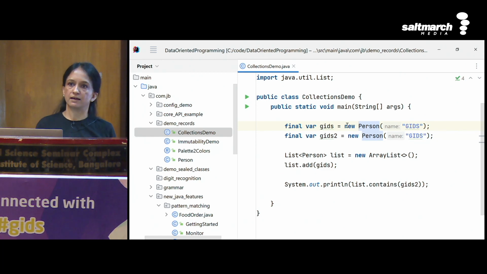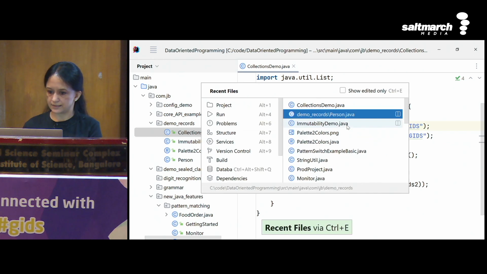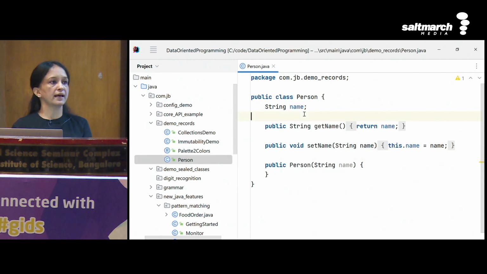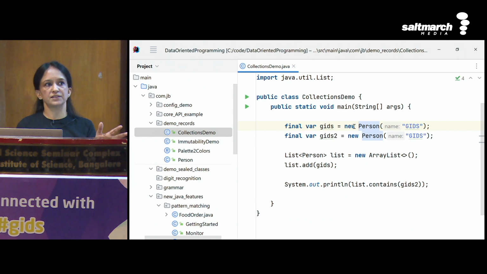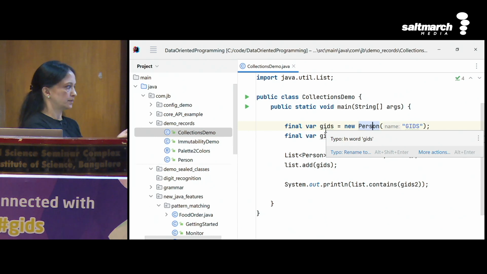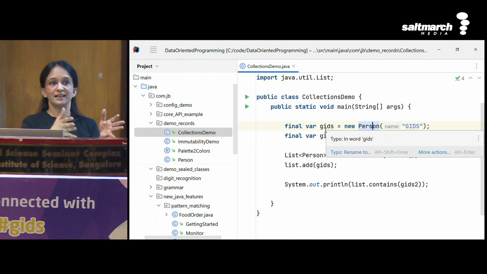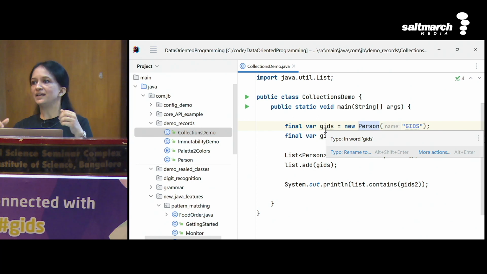Okay, so what happens here is, because this is not a record class, person is a regular class. And if I go back to my class, which is person, yes, I did not override the hashCode and equals methods, which the collection class requires to retrieve the values when they search for it. Now, if I go back to my demo class, this is what we usually do as developers, even though the IDE can help you to insert and add the other methods that I just mentioned. The probability is not 1. The probability is somewhere between 0 and 1. So we could miss that, and a lot of times we miss that, and then we get a lot of